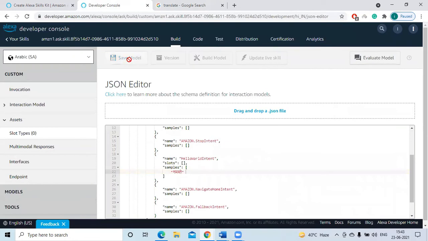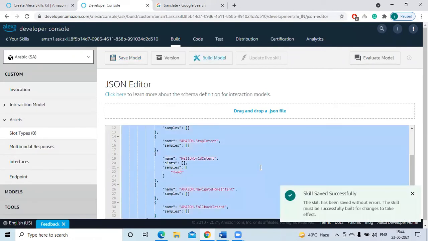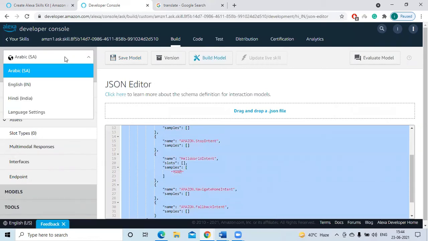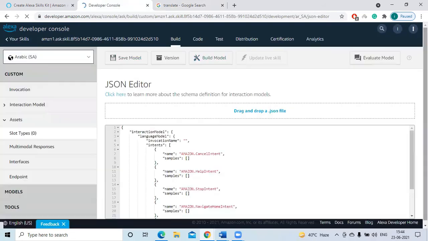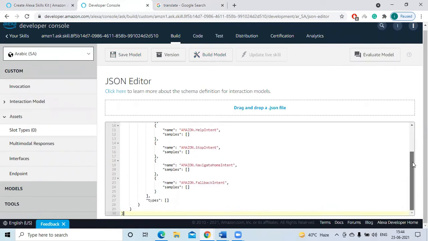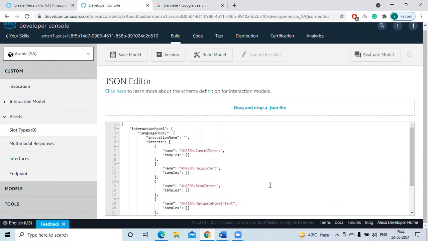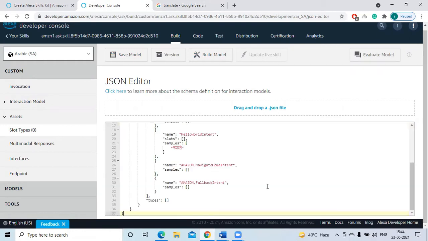Save. Copy this program, because in Arabic also there will not be any program. So we have to write our hello world intent. It's easy to write. For time constraint, I am copy pasting. So now see, Namaste.